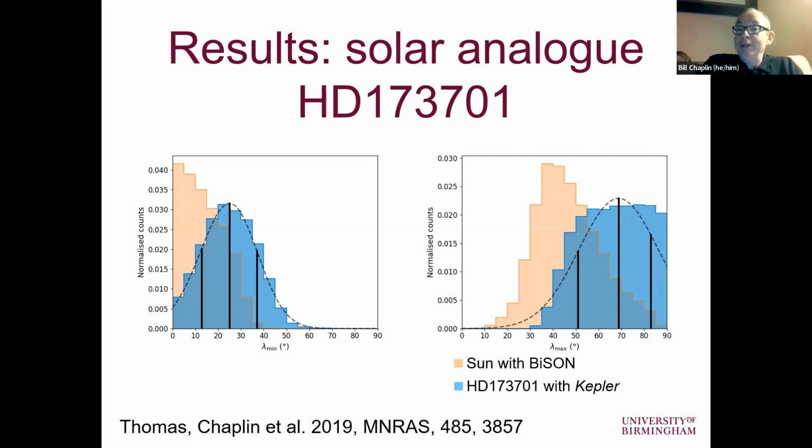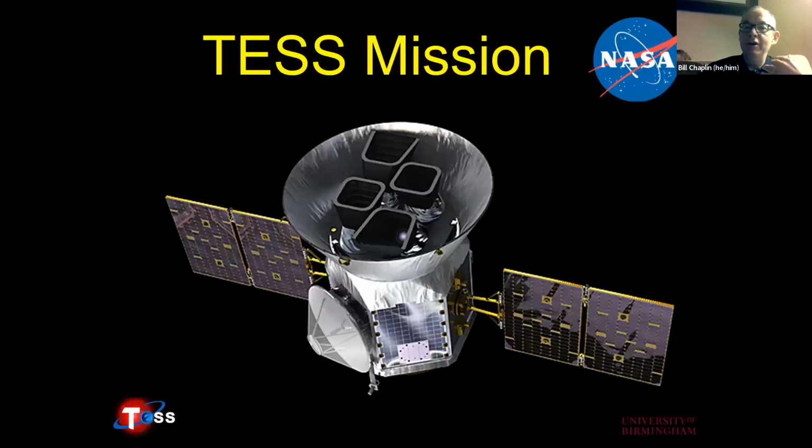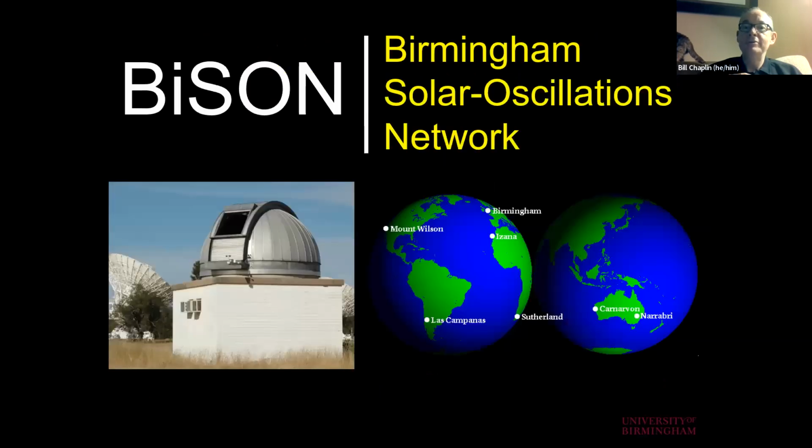And we'd expect how the rotation varies with latitude and also with depth to have some bearing on the active behavior of stars. That seems to be borne out by the result that we have here on this particular star. So we're trying to do this now for other stars, both with the Kepler data, but also with data from the NASA TESS mission as well, which is giving us data on a larger number of these sun-like stars.